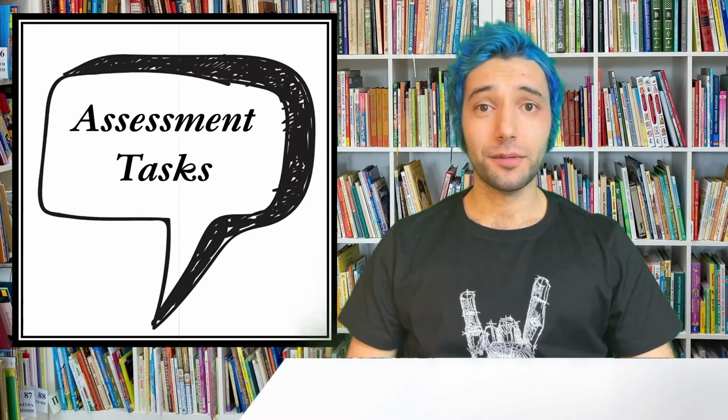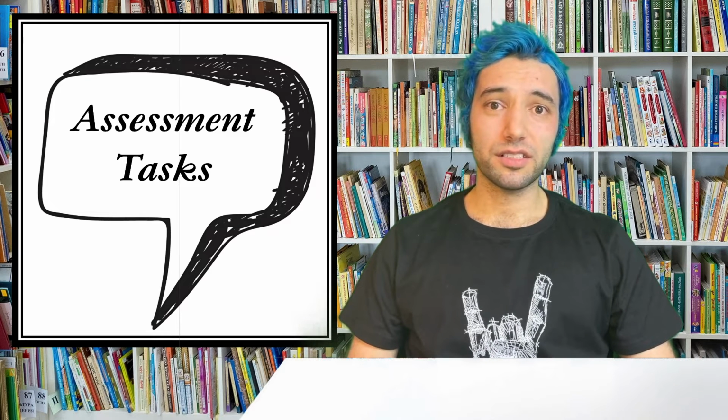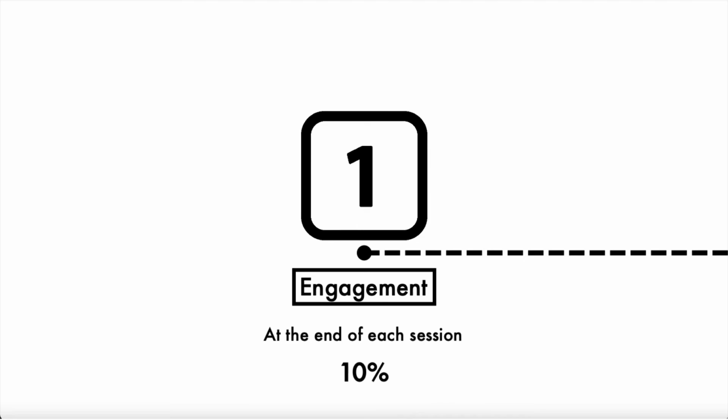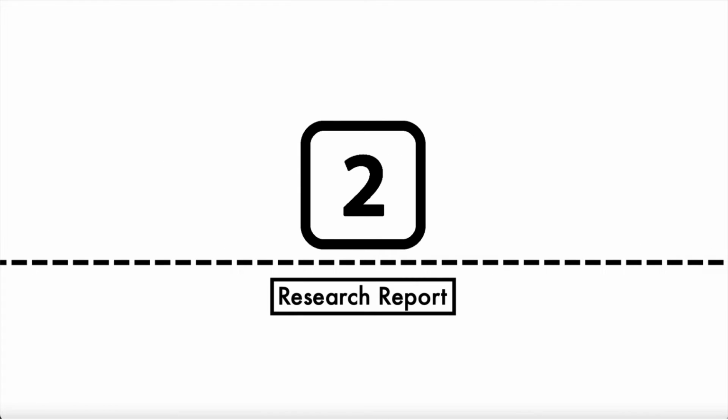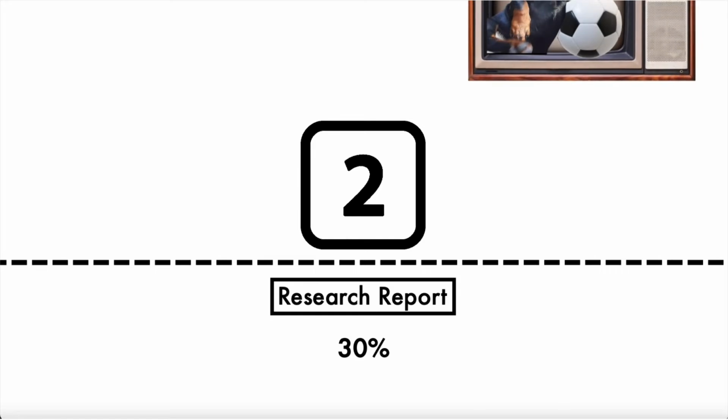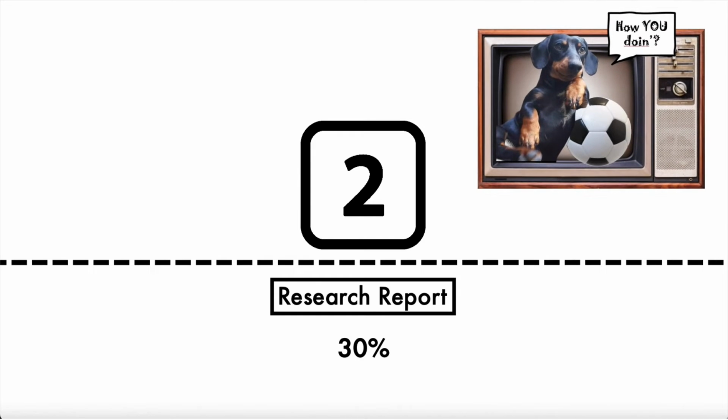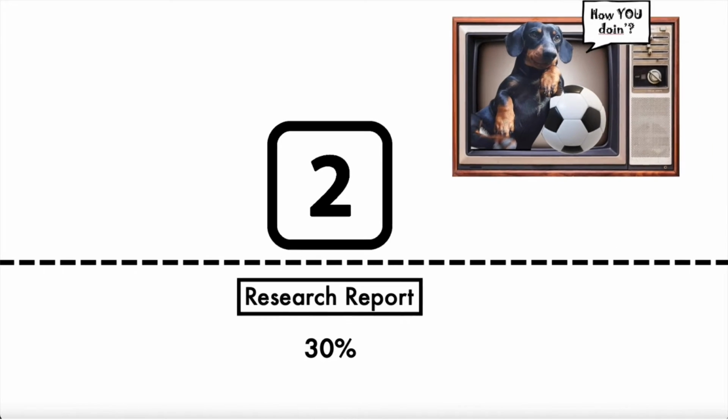Alright then, let's talk about assessments. Assessments are kind of similar to Crim A. The first assessment is engagement or class participation. For your second assessment, you should write a research report on a topic. The assessment question will be released at the end of week 3 and your assessment is due on week 6. Further information will be provided in Moodle. You remember Meepo? He's working on the research report question. Your final assessment is the exam and we will talk about it later during the semester.